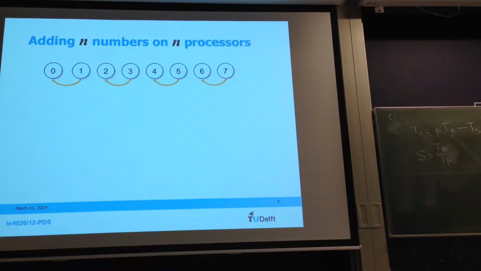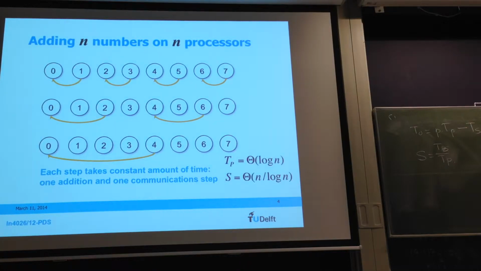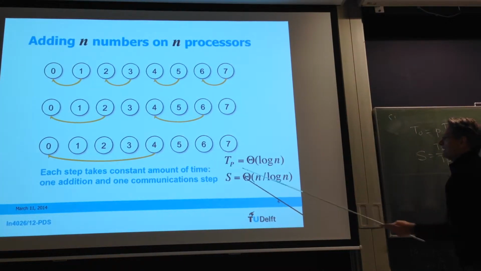We did that by taking an example of 8 processors, each having a number equal to the identity of the processor, and then in a binary tree, we reduced the final sum, with the assumption that each step takes a constant amount of time, one addition and one communication step. Just for the analysis; what is realistic is a different thing. We achieved that the parallel execution time is log n, because we have log n steps, which you can easily see,